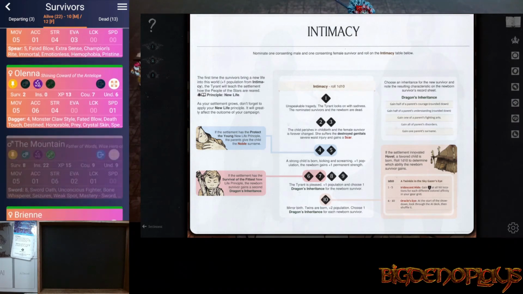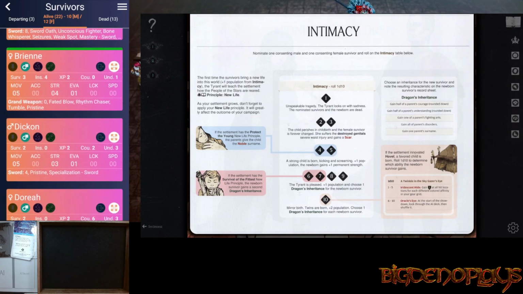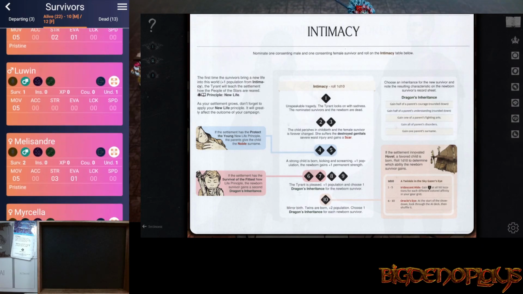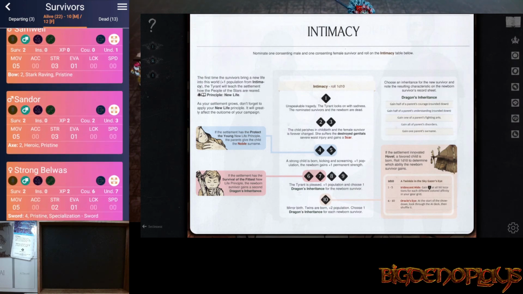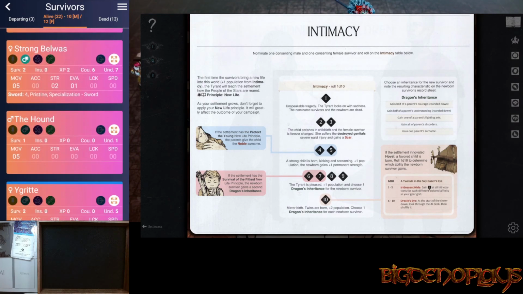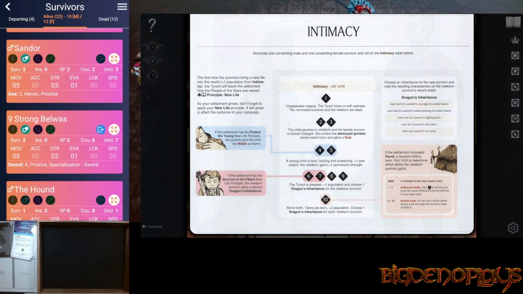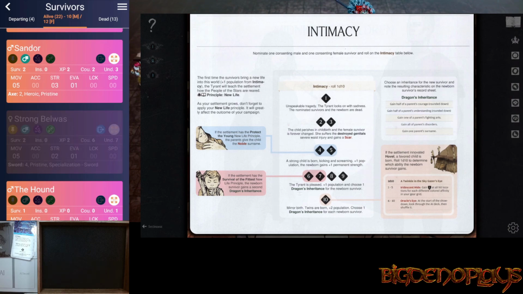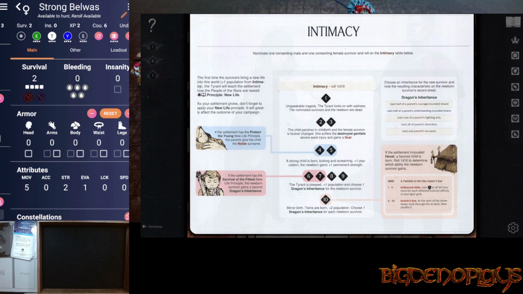Who else has got crystal skin? That's not a constellation. Maybe we do need to do some crystal skin people. Sure, you can go in with the Grand Weapon Egret. Actually, let's go in with Strong Belwas, because he's got his reroll. Cool. All right, well, let's